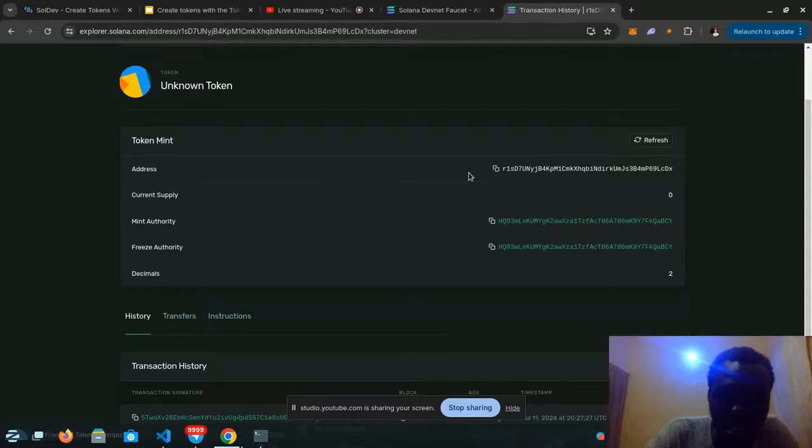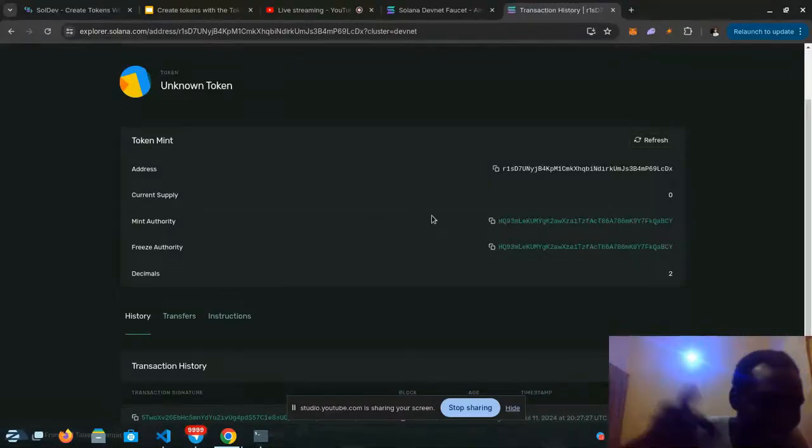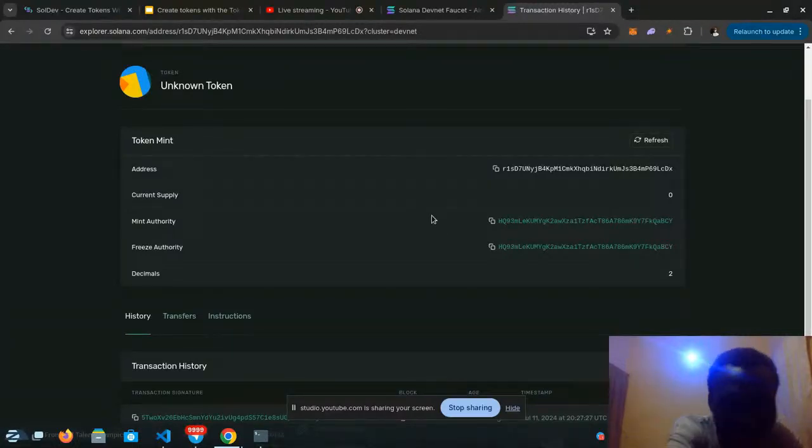This is the address of this token mint link we created. So this is the mint authority, which is our public key, and we used that user.public key we created in our code. We use that same user.public key to make the freeze authority. This is the freeze authority. Now this is the decimal of 2 that we